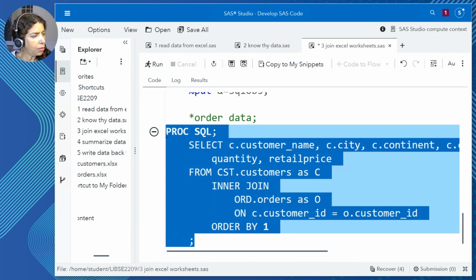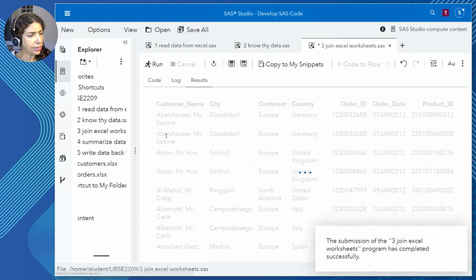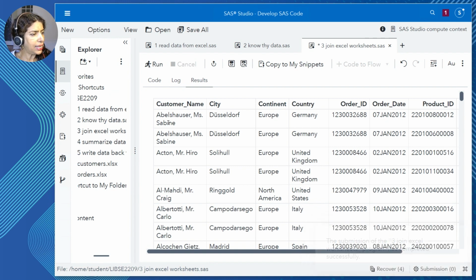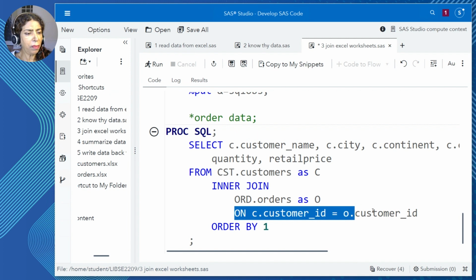So this time, if I execute this query, not only have I joined the two Excel worksheets, in addition, I've also managed to sort the data in ascending order by customer name. Done and done. So that was the simple conditions for the join. You could make this as crazy complex as you wish.